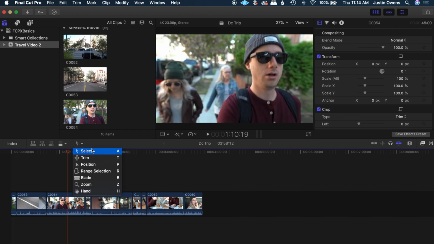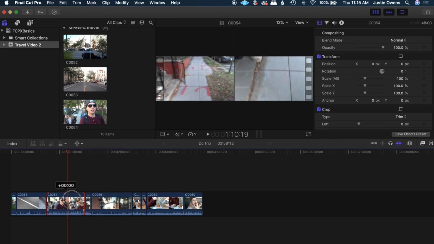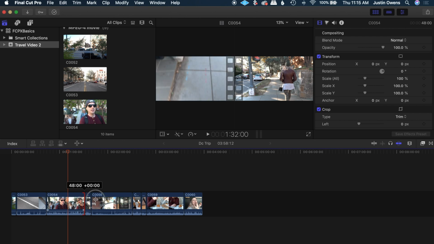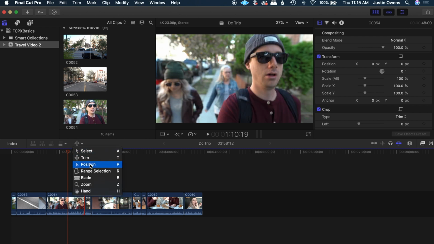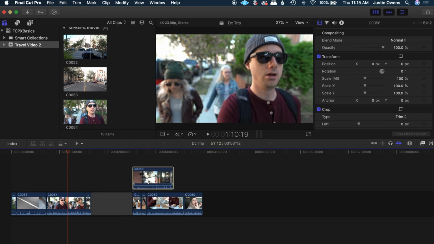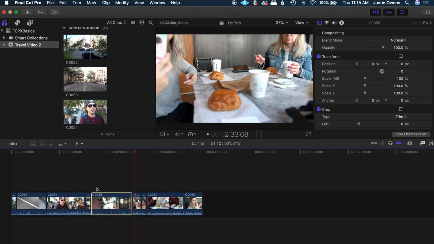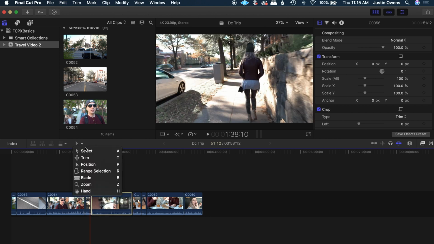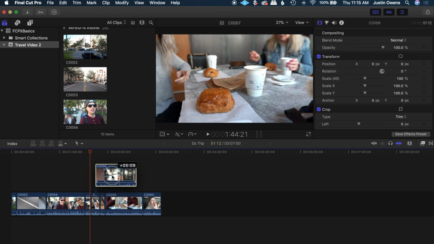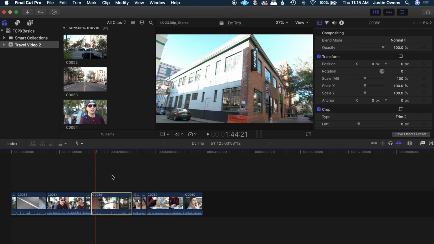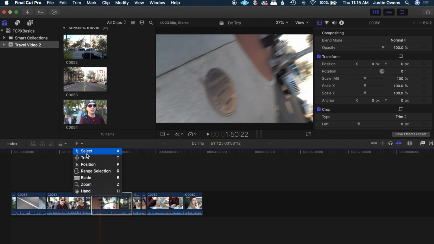You can also select your trim tool, which allows you to trim your clips as you go, like that. You could do position, which allows you to move your clips to different positions, as opposed to, see how it pulls the clip off of the timeline. If I were to have just the normal cursor selected, what it would do is pull it out of the timeline. I may not want that, and so if you want to position it differently, from there you've got your